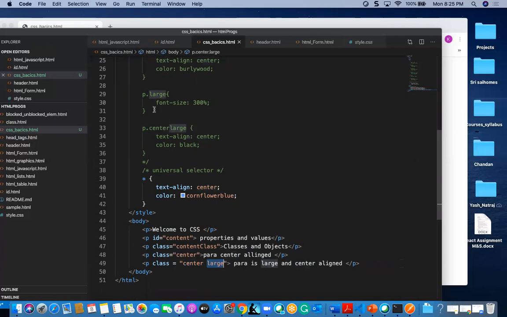Both act as different styles, but for a single para. That example we saw, and we saw a universal selector. This is about these selectors.